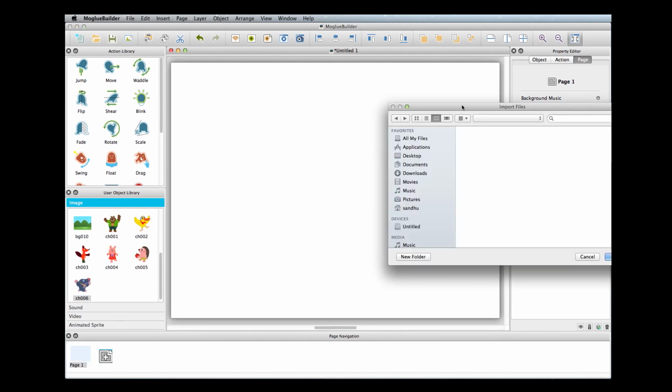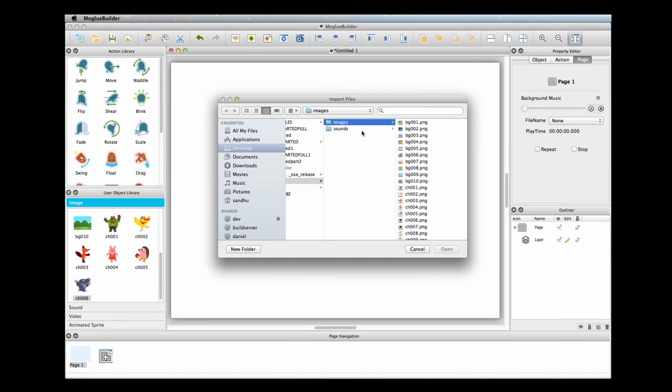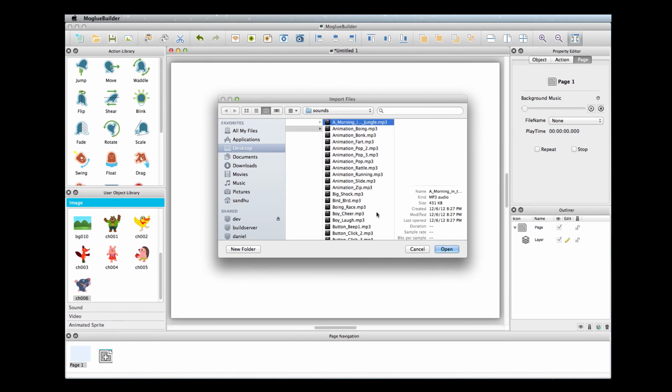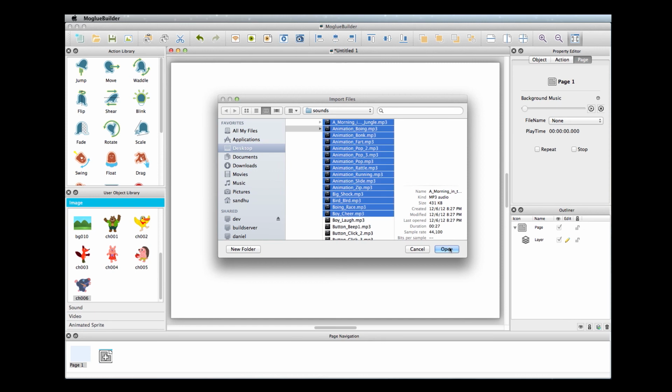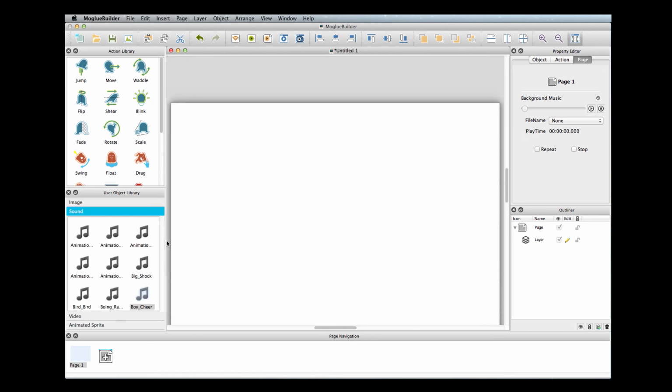So I click, I select my folder where I have them stored, sounds, and select the files I want to use and click open. The process of importing your files into the builder is pretty quick. It depends on your file size and the amount of files, but it's usually under a minute. Also, I did two processes of importing because I had my files saved in two folders,